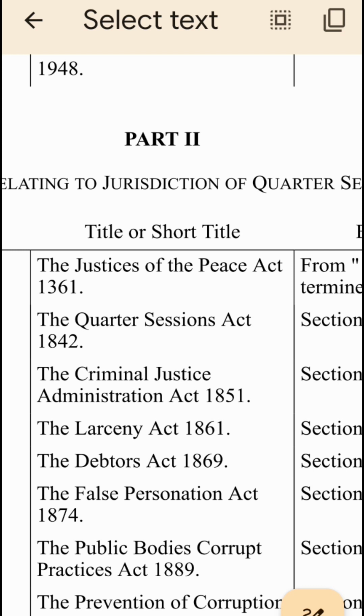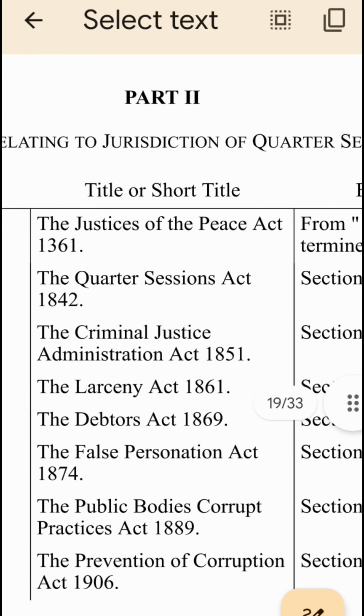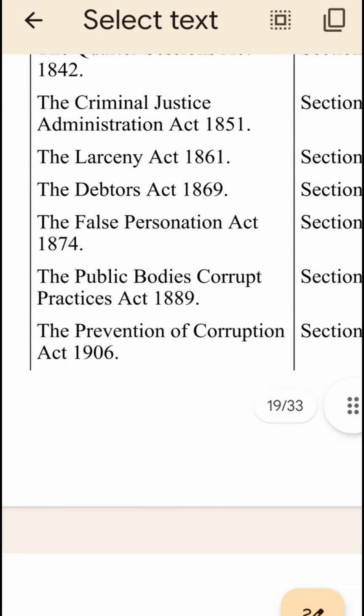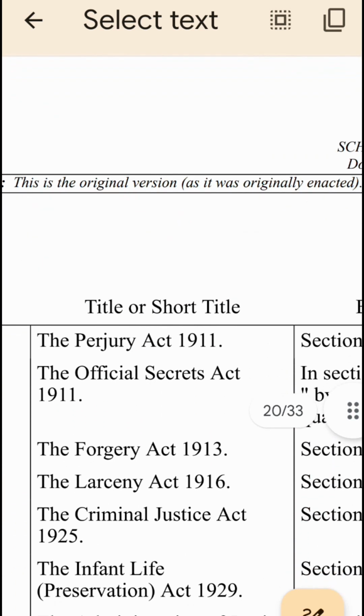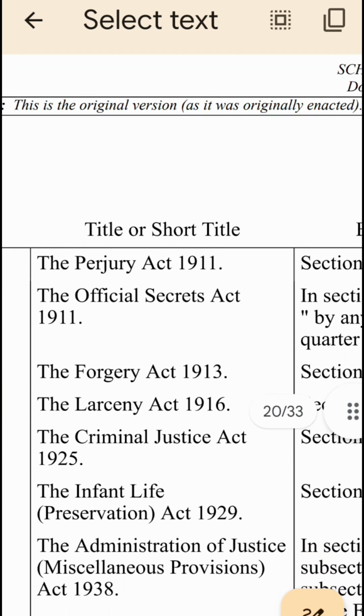Court Sessions Act 1842. That might have something in it. Criminal Justice Administration, the Larceny Act, Debtors Act, the False Personation Act, Public Bodies Corrupt Practices Act. That's the Prevention of Corruption Act. You see, they're brilliant because they explain a hell of a lot of things that are important. So some of these I'm going to write down, and some of these are going to be very, very probably